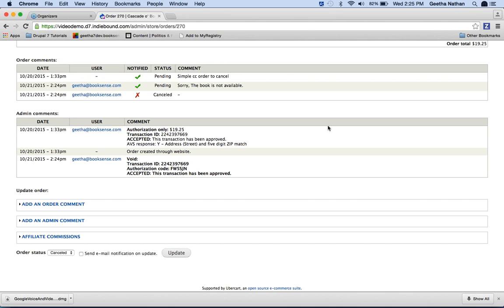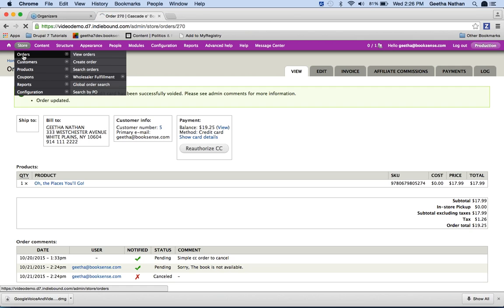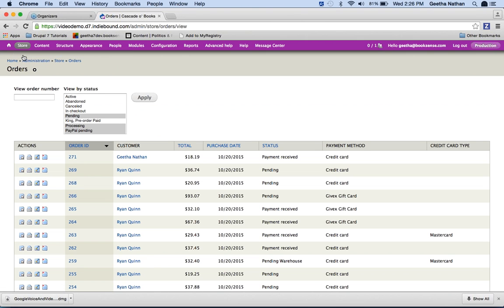The next case is, let's say there was an order that came in and it was a credit card order and you marked it as payment received because you have the book and you're ready to ship it. You marked it as payment received. And then the customer calls in and says that they don't want the order. So now you have already charged the customer's card, but now you need to take care of it. So for that,